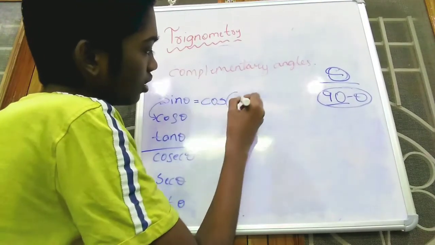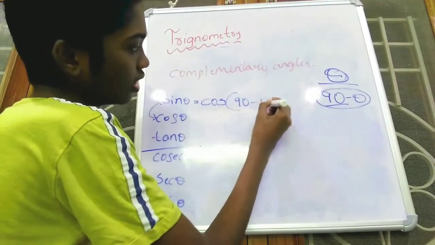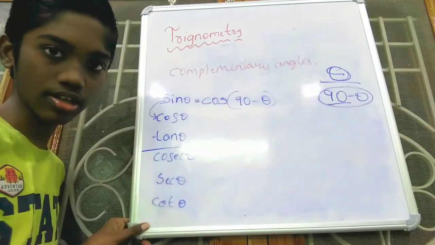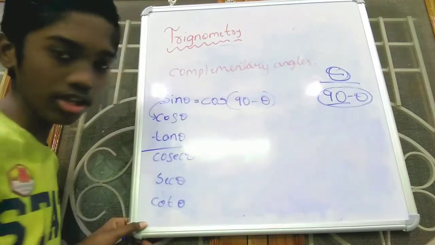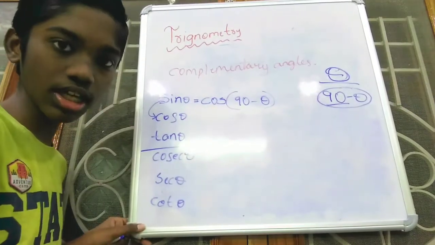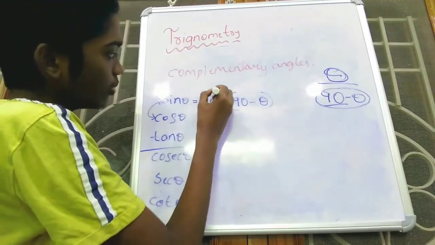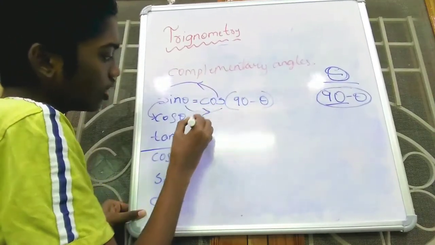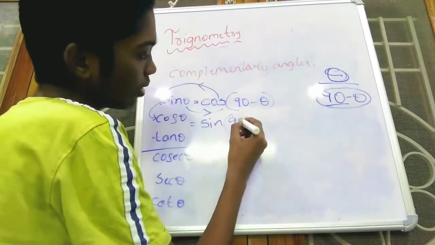Then here you write cos. Now keep brackets. Cos of, I said to remember 90 minus theta. Here you write 90 minus theta. This is the formula, that is sin theta equal to cos 90 minus theta. And for cos, as sin theta equals cos 90 minus theta, if you remember this, you will get the formula of cos. You may wonder how we can remember cos if we get the sin. Just by transposing. You transpose the cos to here, sin to here. Then cos theta will be equal to sin of, remember, 90 minus theta.